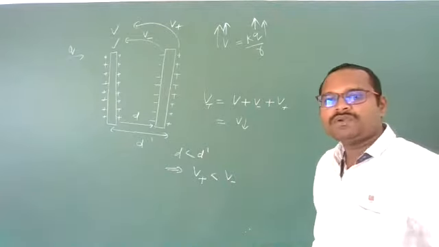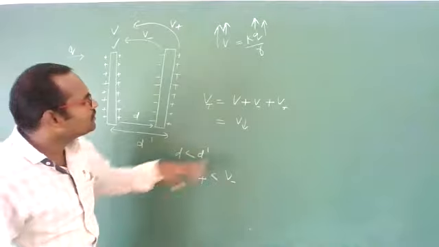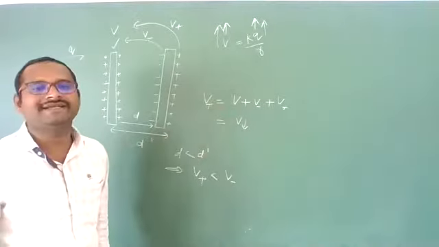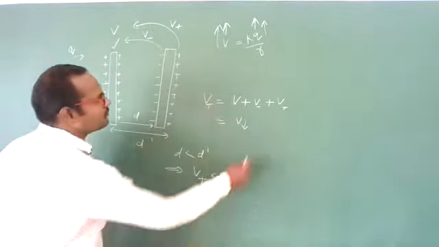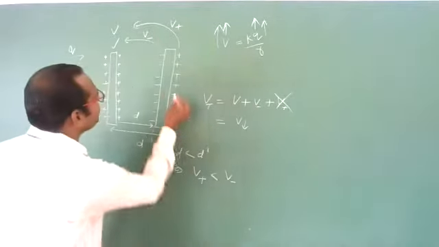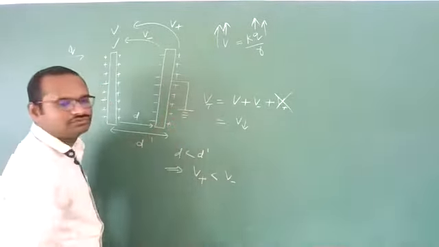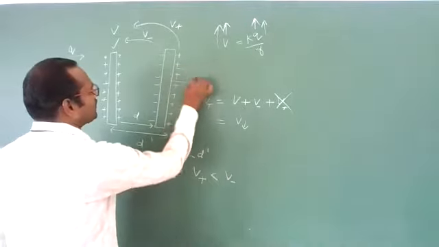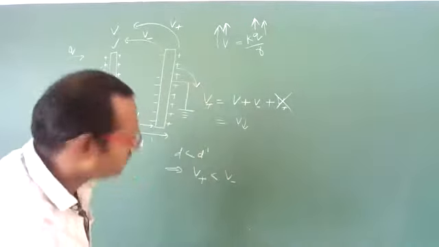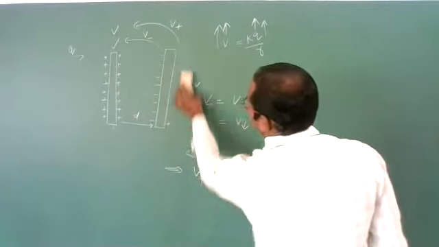Clear? Now, if you want to increase this ability to store charge even more, what do we need to do? This voltage should still decrease further. For that, we will connect this positive side plate to the ground, to the earth. Then all the positive charges will flow to the ground, and it will become just like this.